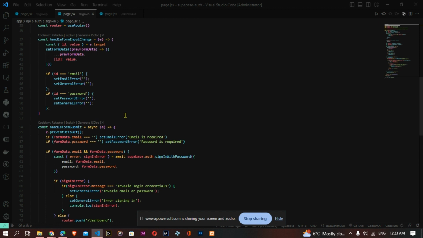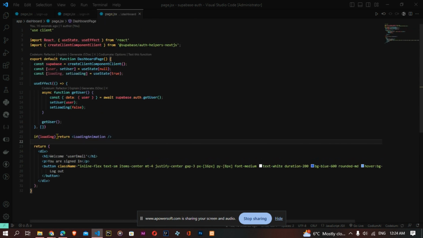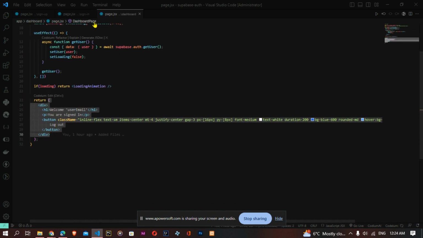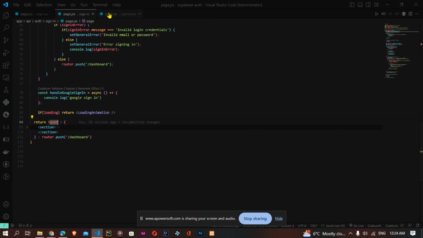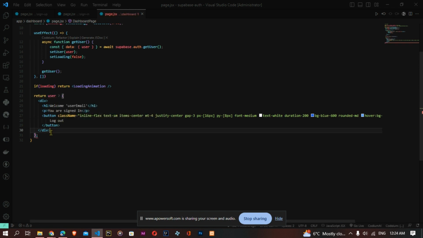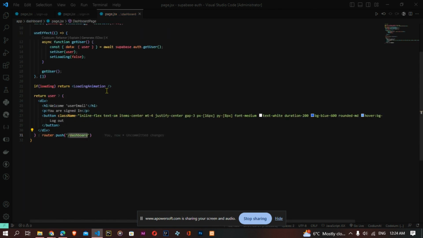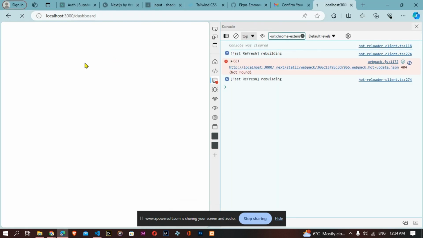And we can simply do the same thing also. If we copy this, paste in here. And to handle this, instead of doing if not user, we just do the opposite. So if there is a user, then we display that. Else, we push to the sign up page. So I'll copy this and I paste it in here. So I rename this to auth. Okay, API slash auth slash sign in. Okay, good. So if I come back here,